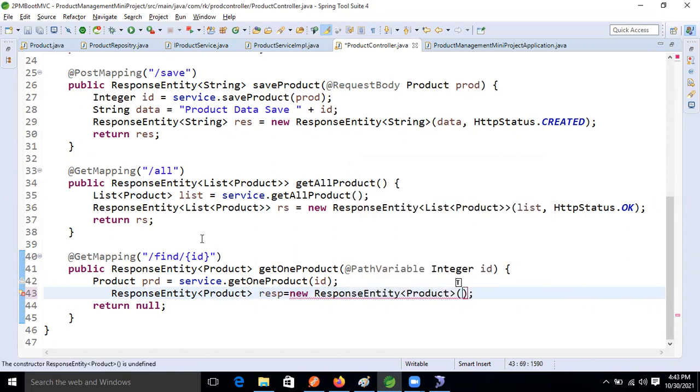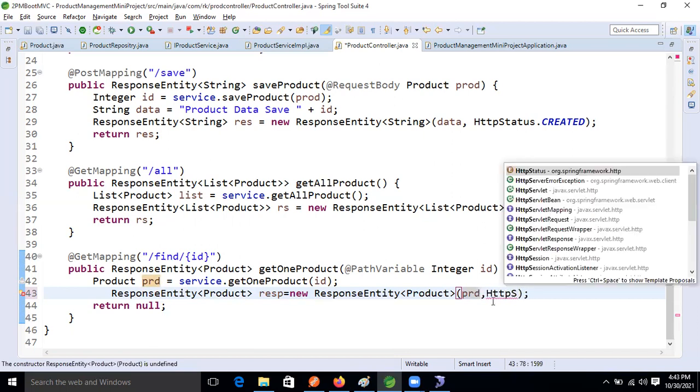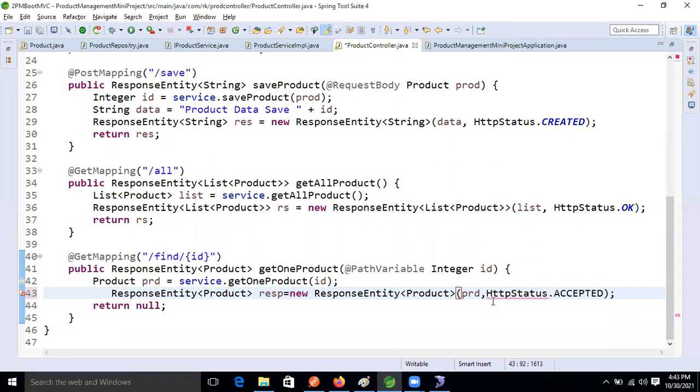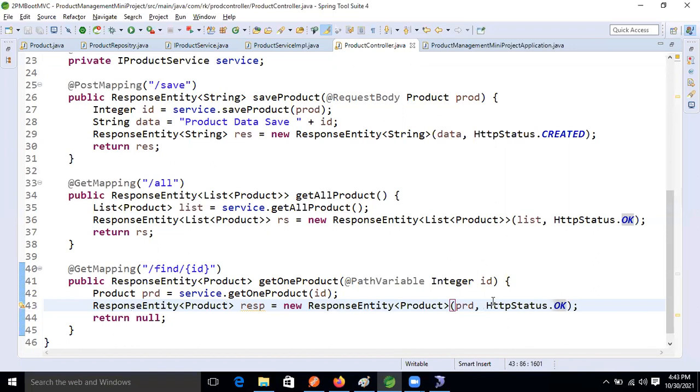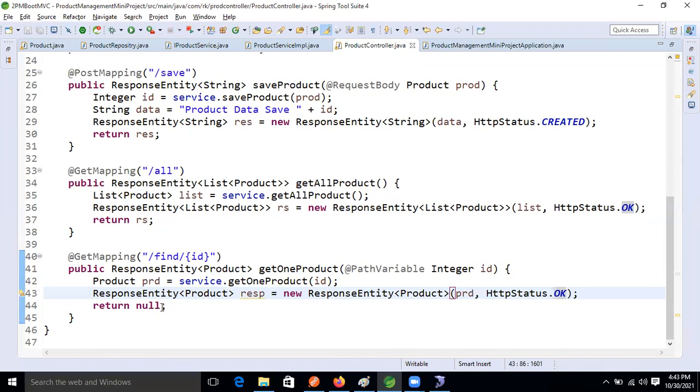We will pass this product in the body section, and here the HTTP status code we will take as OK only. Now our response entity is ready, so I'm returning resp, the response entity only, guys. Now our method is ready.